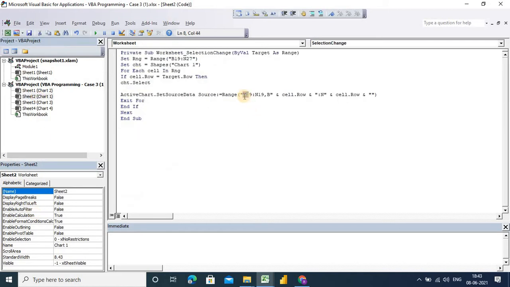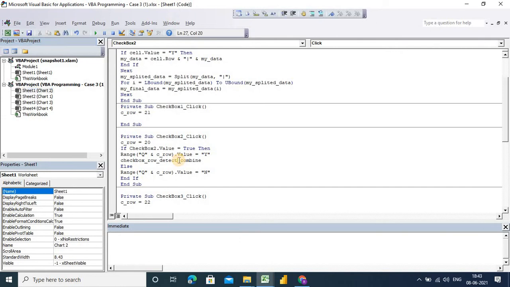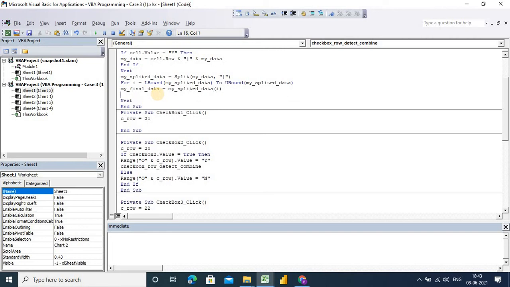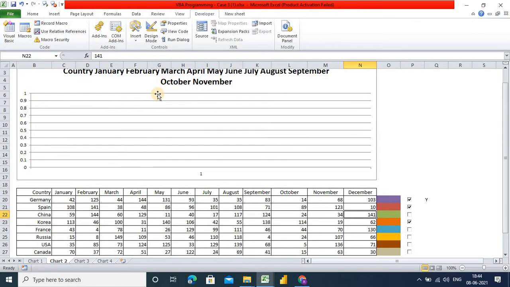For that the column number is fixed, only the row is changing, right? So we need those rows. So for that we can simply apply it here. My splitted data, right here. My final data range, what are the ranges?